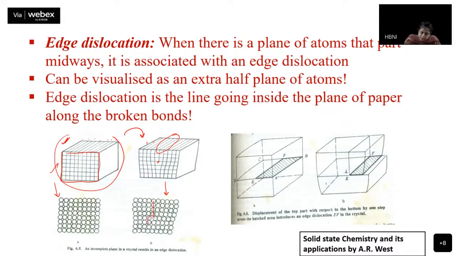So you get some sort of space here, and the line which is perpendicular to this plane of atoms, going into the plane along this unfinished plane, is the edge dislocation. And as you can clearly see, below this particular region, the atoms are close together, they're compressed. And above this, they would be in a state of expansion, a little expansion and a little compression. And as we know from our potential energy versus R diagram,